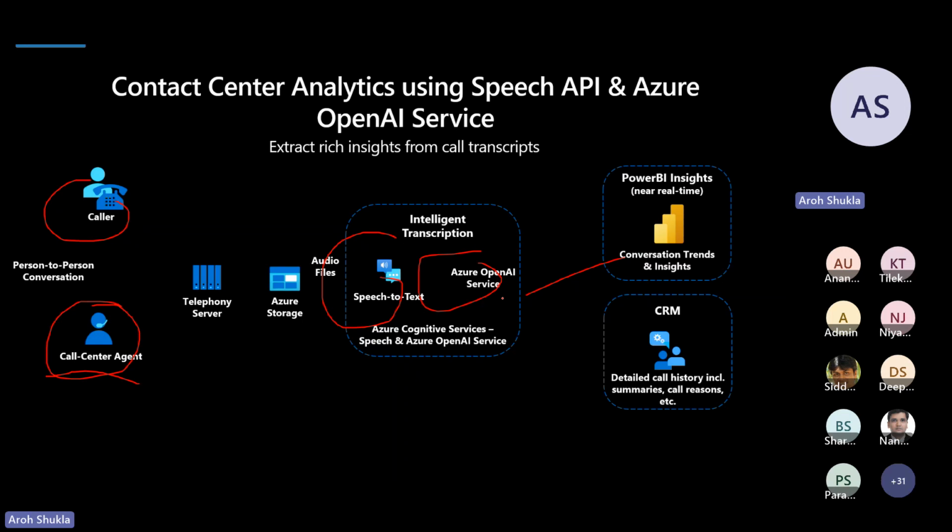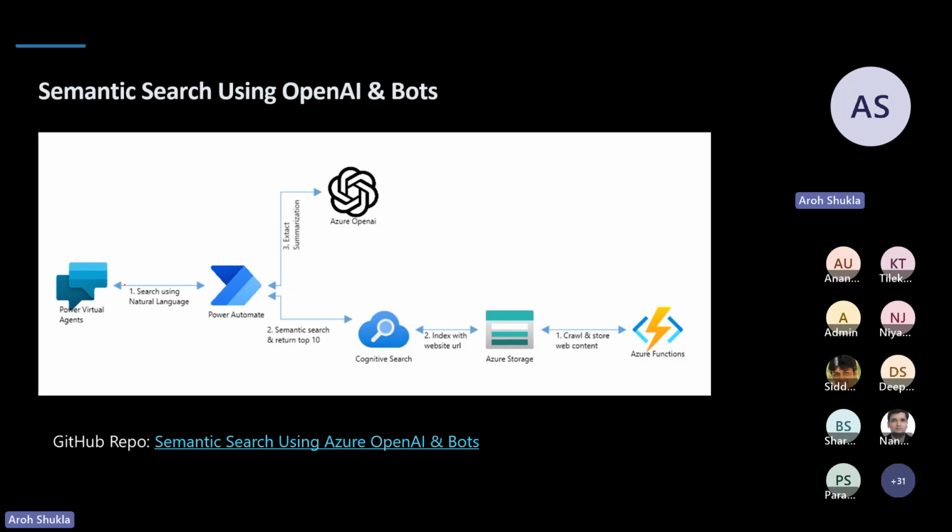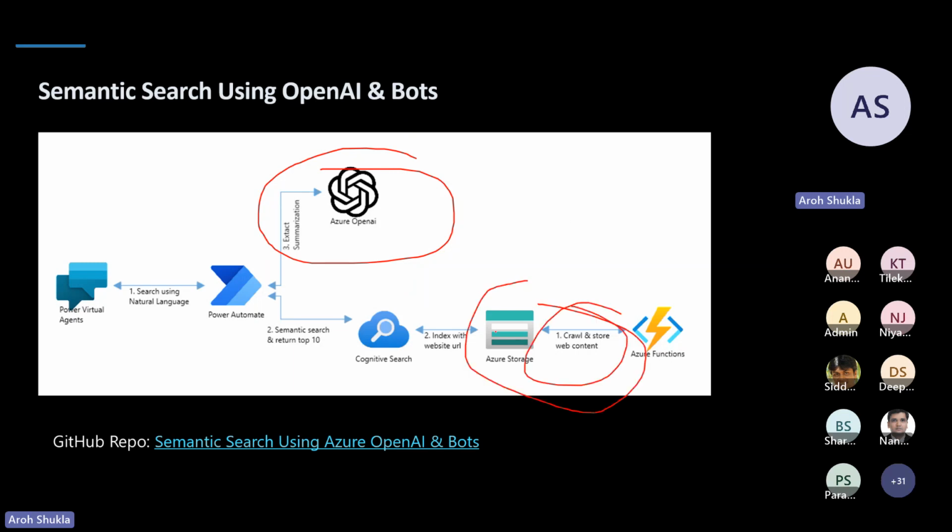What I want to share with you is what I'm working on. Now, one thing, I will send this link to you as well. One of my customers in Europe wants to have Power Virtual Agents, and they want to integrate with Power Automate and with Azure OpenAI service. Now, Azure OpenAI can be used for your own data, not for normal data. So this customer wants to use Azure OpenAI with their own storage, their own crawling, everything there. So they want to use Azure OpenAI with Power Automate and Power Virtual Agents. So think about